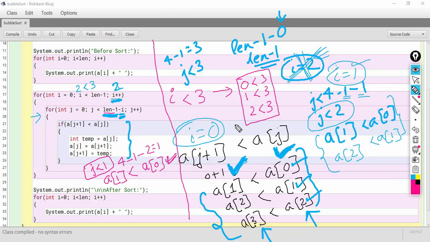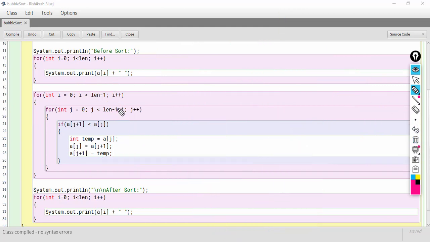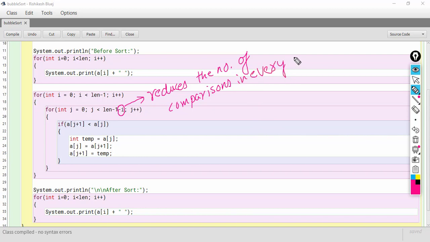So, you see this minus i is reducing the number of comparisons in every pass, and that is what we require, isn't it?